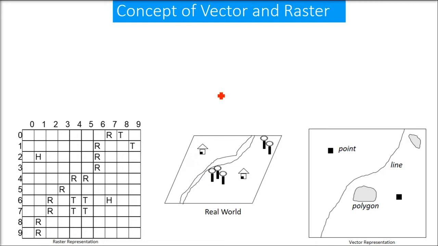The structure of how data is stored is vector and raster. Vector and raster. So let us first try to find out the differences, and in finding the differences, let us understand what is vector and raster. Complete data can be in majority divided into vector and raster. I'm not saying only these are, because there is annotation data, CSV files, the grid structure. There are so many kinds of data which can be handled by your GIS system and the GIS software. But the main ones, vector and raster, we need to understand.